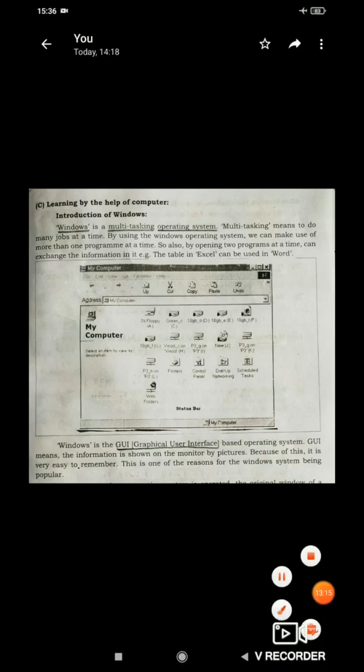The first topic says Introduction to Windows, which is on page number 27. Let us read. Windows is a multitasking operating system.